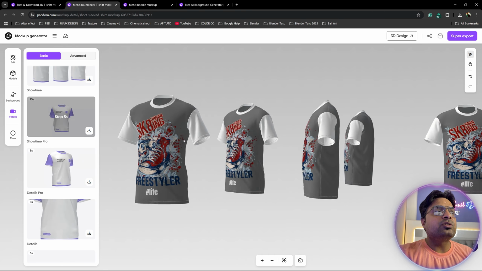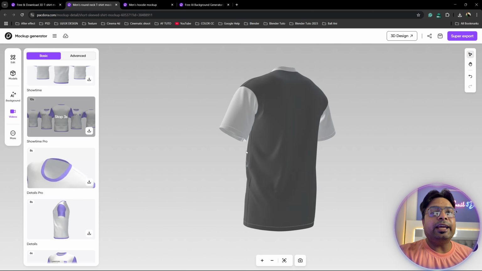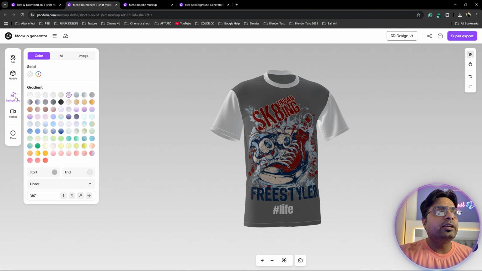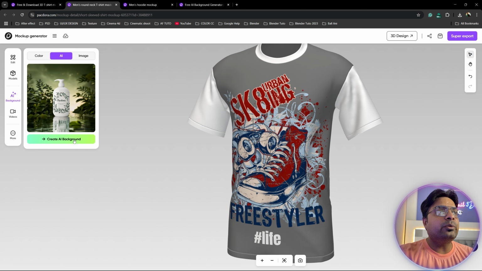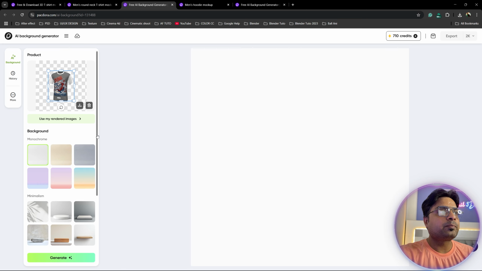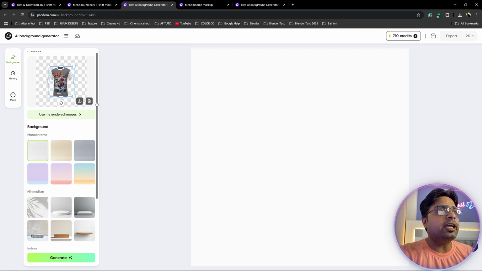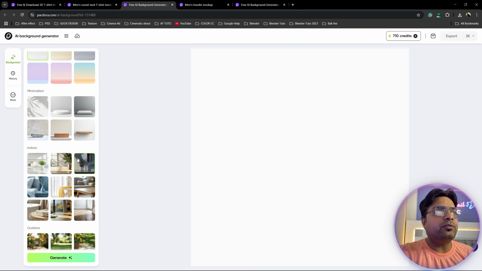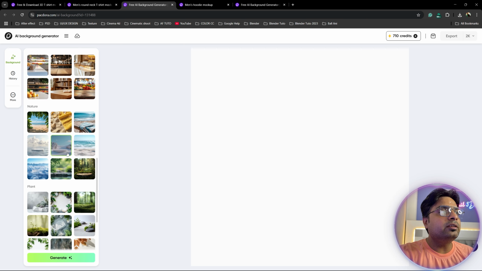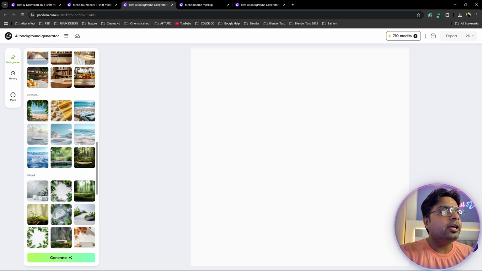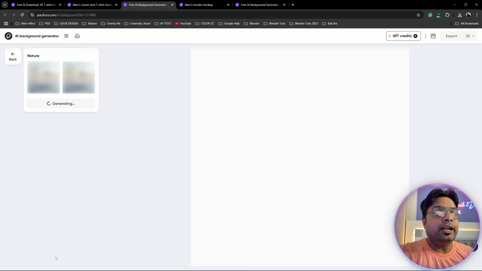Really good. Okay, so now guys, you can also create AI effect. So go to background here and AI and create background, check. Yeah, it's my t-shirt. And guys, now this time I apply a different type of AI design. So go to down and go to here. I like this one. So generate, check. Right, it's really simple. Apply AI design on any 3D product.